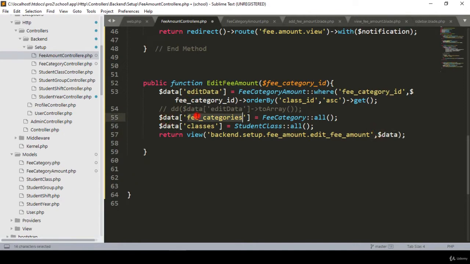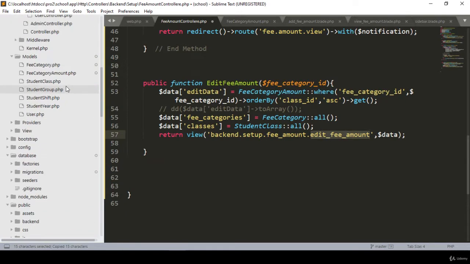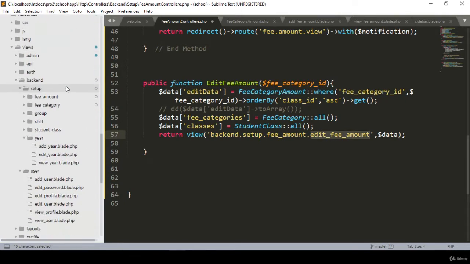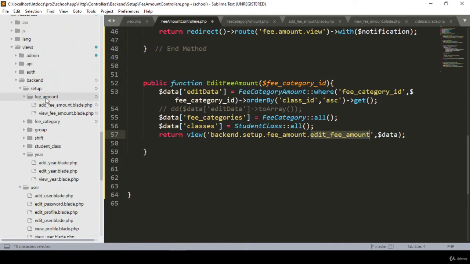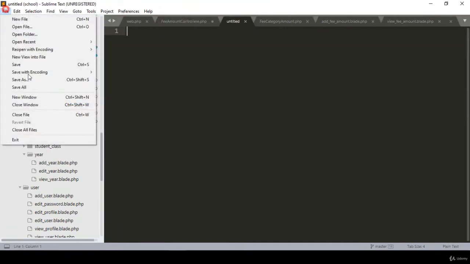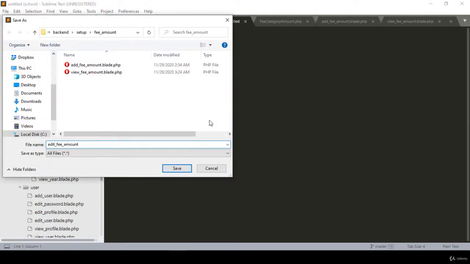So right now we don't need to pass it with compact with every variable, everything is in our data. So that is in our edit fee amount, so we have to create this page. Now go to our particular folder, that is our fee amount. Into the fee amount, I want to create one new file, and now click save as, and I name it edit fee amount